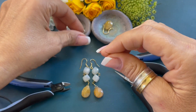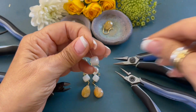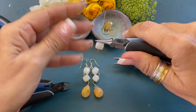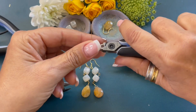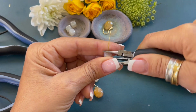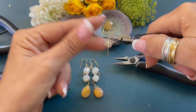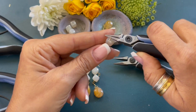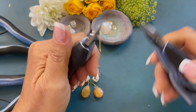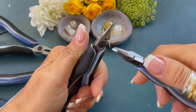Now we're going to grab one of our faceted moonstone luster cubes. We're going to string that down. We're going to grab our round nose pliers, move it right there. We're going to form a wrapped loop. We're going to bend the wire back, move the pliers up, bend the wire towards you, move the pliers to the side, bend the wire back, and we're going to switch hands, and we are going to wrap 1,